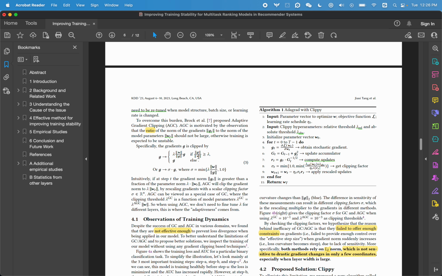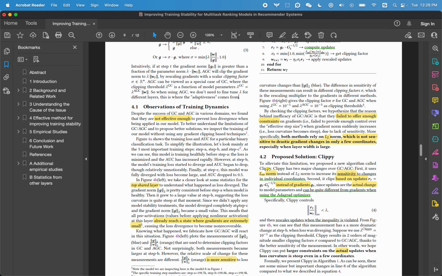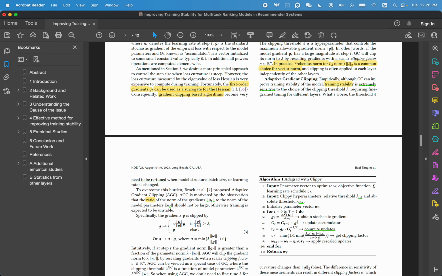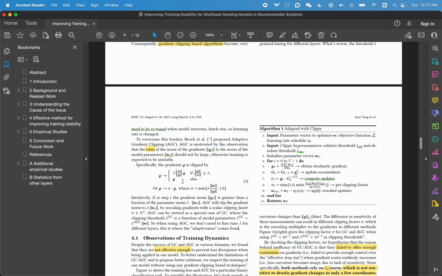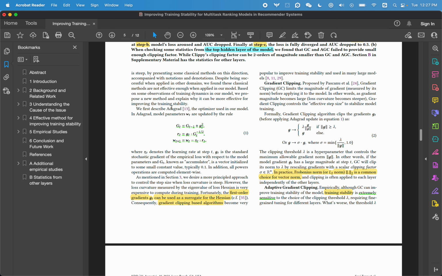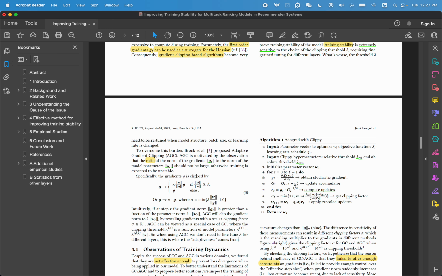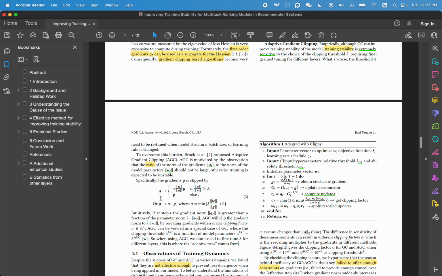So this thing is more adaptive to the weights. So you don't have to set up this lambda so flexibly. You don't have to fine tune this lambda so frequently. Yes, this is AGC, and this is GC. AGC also happens, like I said, before adaptive optimizers like Adagrad. It just fine tunes the gradient.